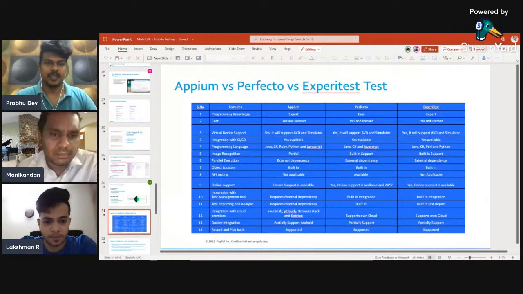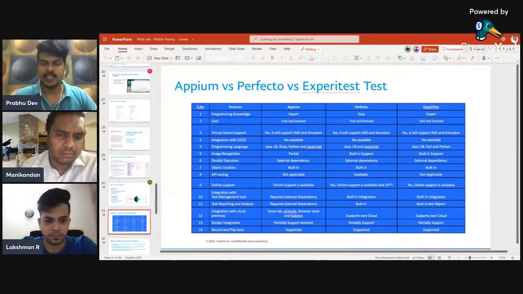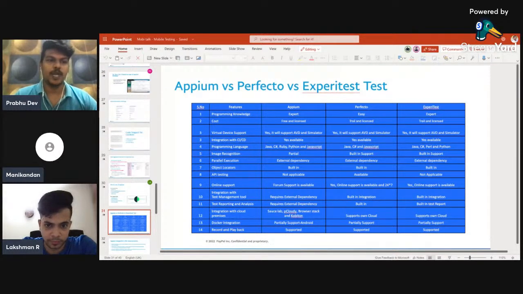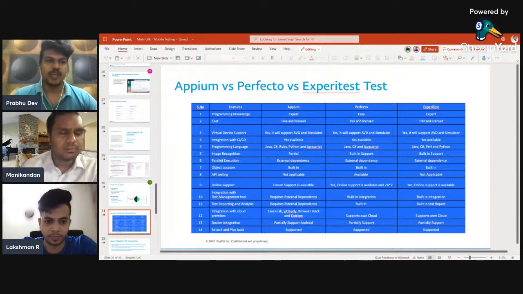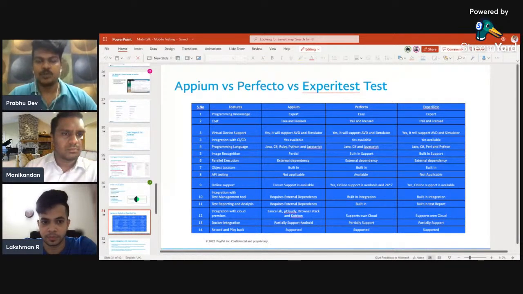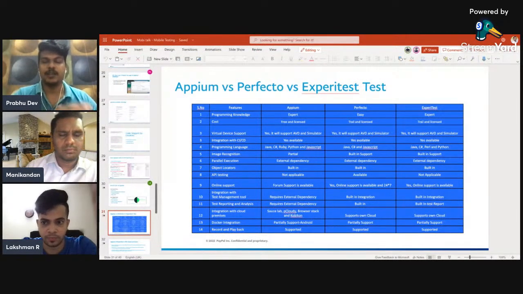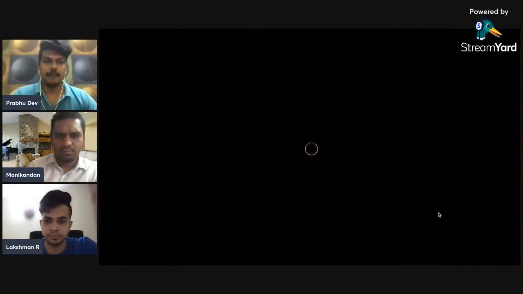Hi guys. As Lakshman just told, before moving to 2.0, I thought of explaining a little about other tools which do similar activities to Appium. I thought of giving 14 descriptive steps, but due to the time constraint, I'm going to concentrate on the most important points only.